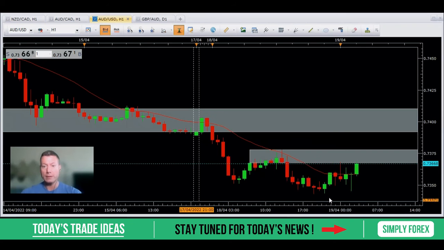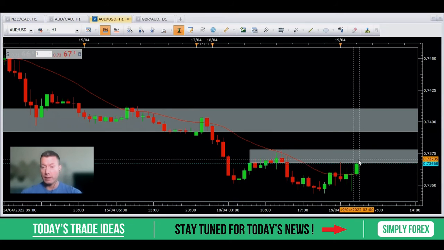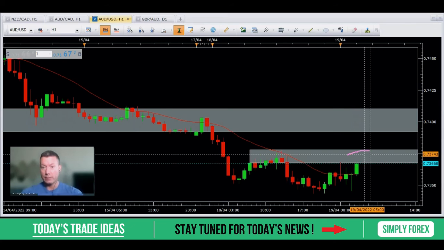Okay, so we're looking for price to come up into this grey zone, okay, which it already has done. Now we want to see a bearish candlestick pattern. Once we get that, we can enter the trade. Okay, then we can come down to this low where we close 80% of the trade if the risk to reward is 1:1 or more, and then we can leave 20% to run down to our